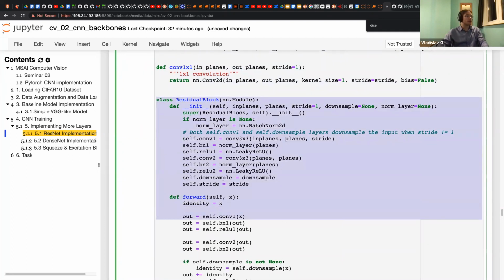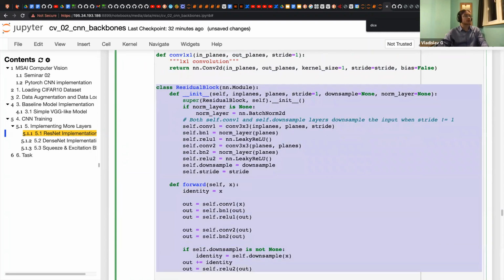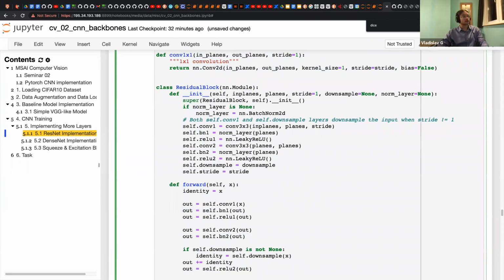By the way, when I checked the ResNet implementation in PyTorch itself, it was very not user-friendly code, but here we have a really nice piece of code.